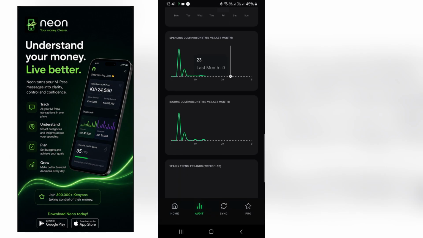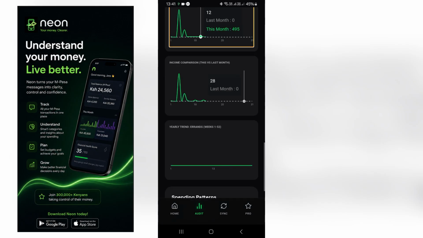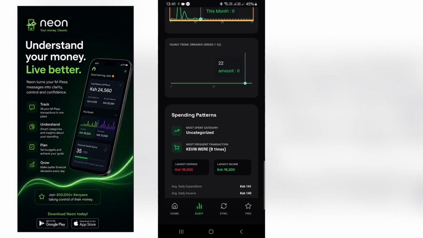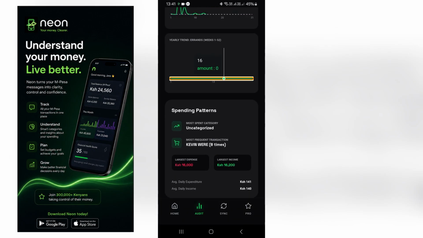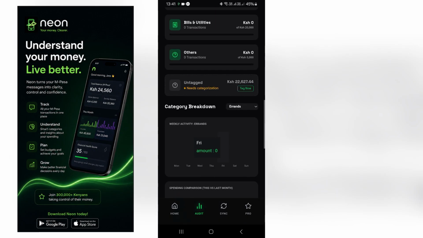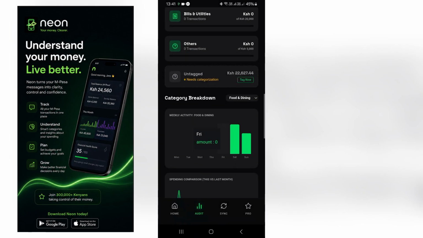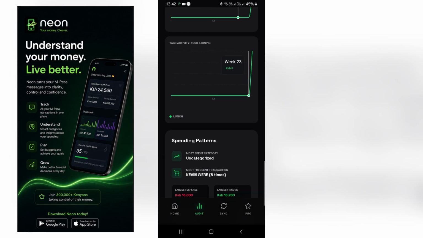Then you're also going to have a combined comparative line graph for this month versus the previous month, spending and income, and a yearly trend. You're also going to have a combined line graph to demonstrate the